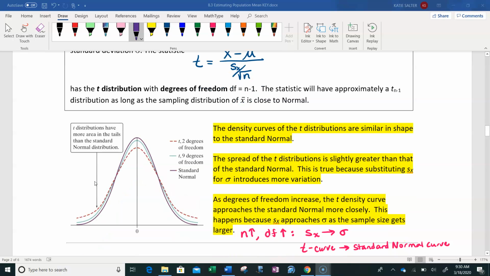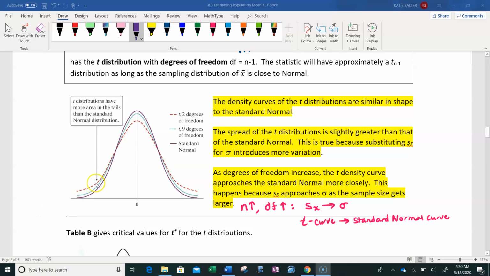divided by the standard error. You can look down here at the different T distributions to see that you have a lot more area in the tails than you would with the normal distribution, and the normal distribution would be the purple one here. Pretty much what happens is the lower the degrees of freedom, in other words the lower the sample size, the wider it is. And as you increase the sample size, you increase the degrees of freedom, which makes the standard error closer and closer to the true standard deviation,